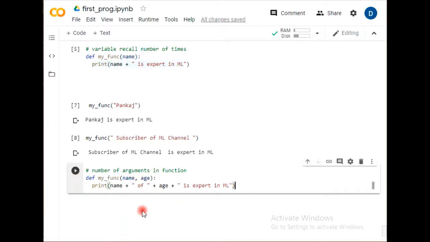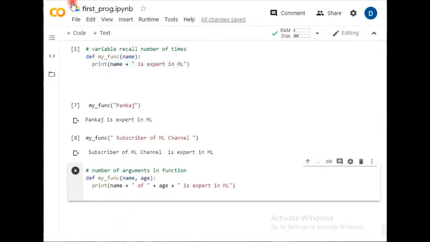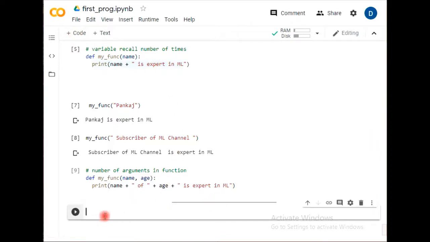Let's see how it works and how we can recall this function. So let's have a new code line to recall this function. I have my function, and I'm giving first the name. So first I'm giving Pankaj, and then after I'm giving age.